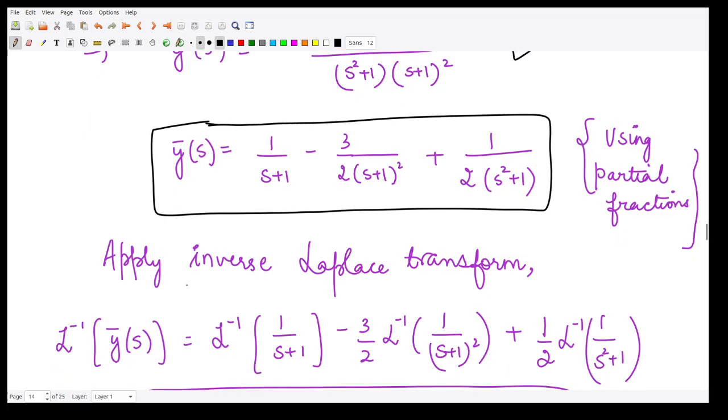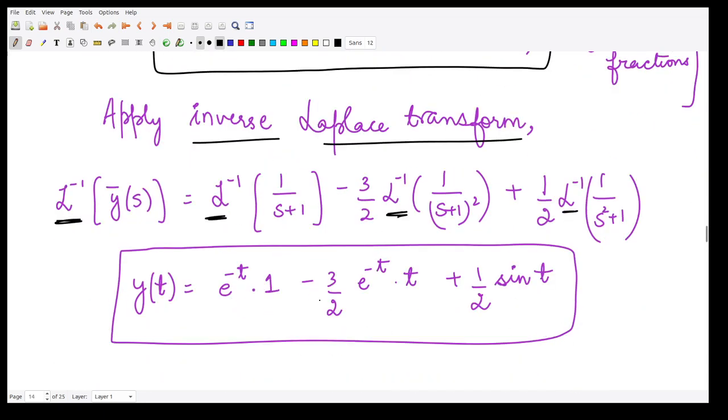So when you calculate the inverse Laplace transform of this particular term, you will apply this inverse operator on both sides of this equation, so that on the left hand side this term becomes equal to your solution y of t, and on the right hand side you have e to the power minus t into t and sine t. Why is this so? Using the first shifting property. So accordingly this is your answer and solution to the given differential equation.